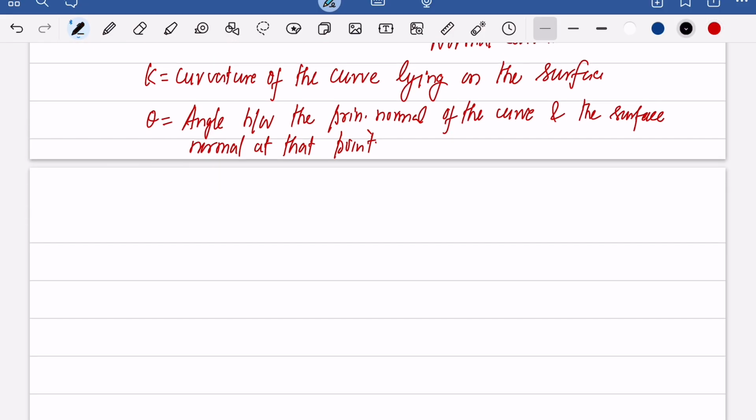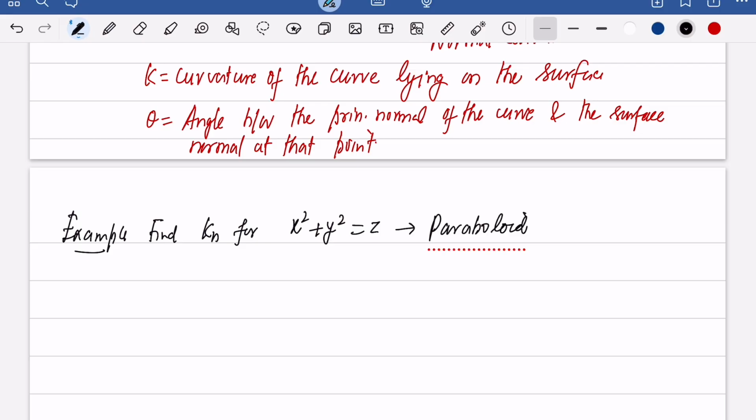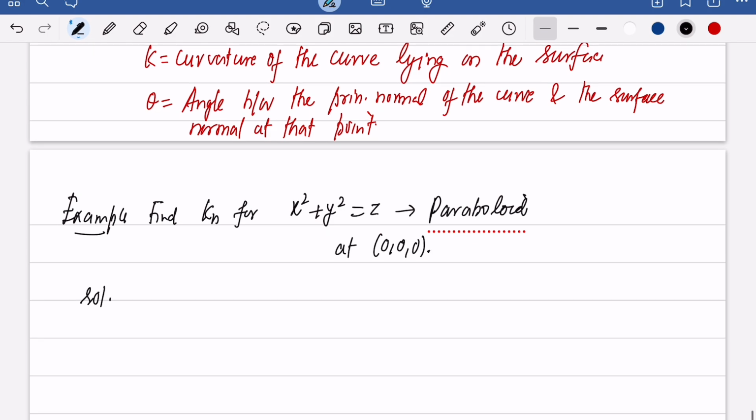Now let's evaluate the normal curvature for this paraboloid. So we take an example. Find Kn for x square plus y square is equal to z, which is actually a paraboloid, and we find the curvature at 0, 0, 0, at the origin. In the solution, we have to find the first and second order fundamental magnitudes. We are given r(u, v), which we can express as (u, v, z), with z equal to u square plus v square. So x equal to u, y equal to v, z equal to u square plus v square. And let the direction be